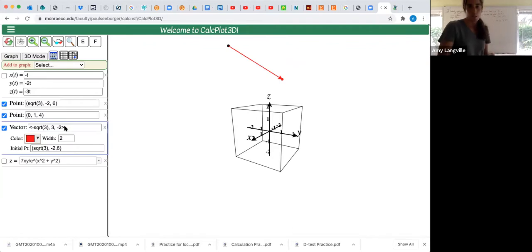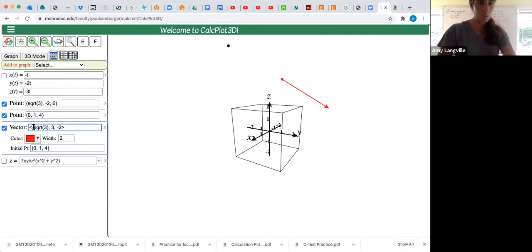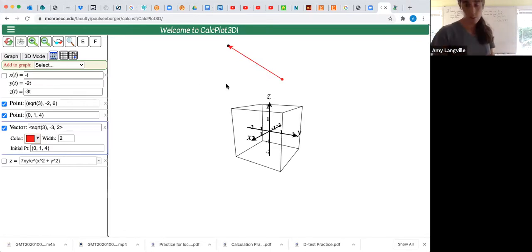Okay. So you can see that you can change the orientation of this vector, but we wanted to go 3/5 of the way between those 2 points, and I think what they're saying is make the vector go in the other direction. So let me put this all back to the way it was. 0, 1, 4 was our initial point, and the vector was square root of 3, minus 3, 2. Now we want to go 3/5 of the way along this line. What do you think you would do? That's really just scalar multiplication. So we just need to take the vector that we created and multiply it by 3/5,